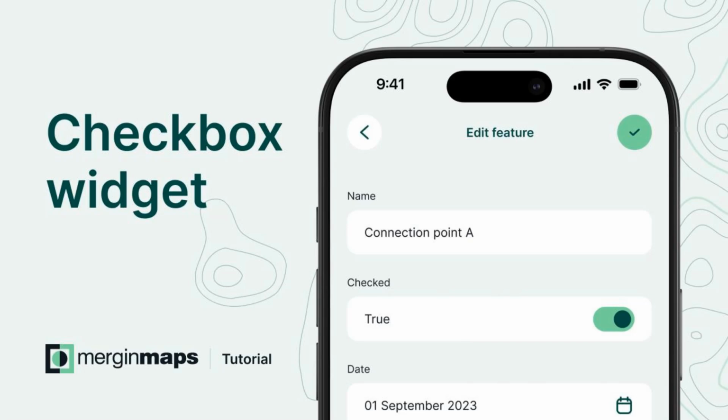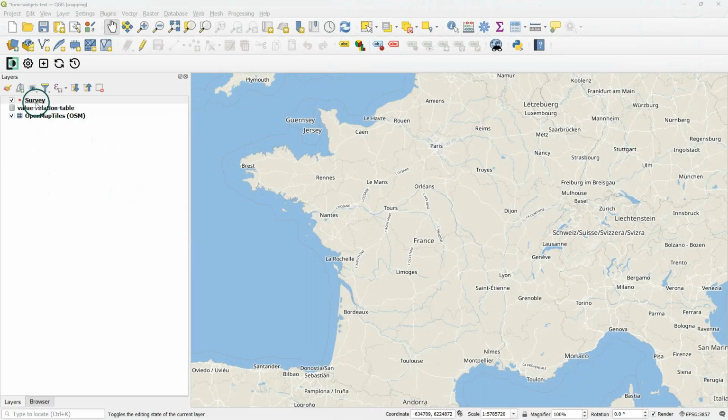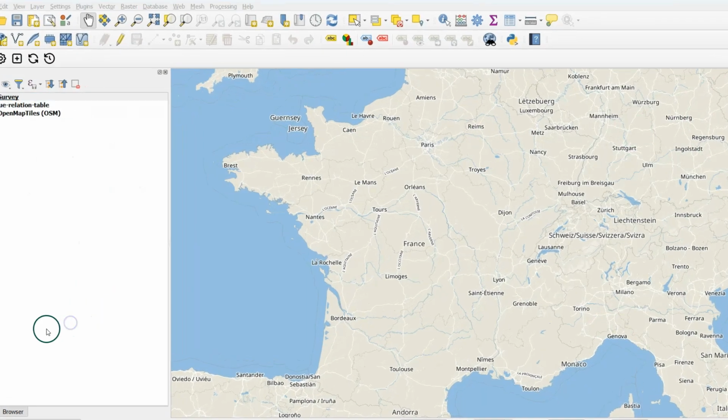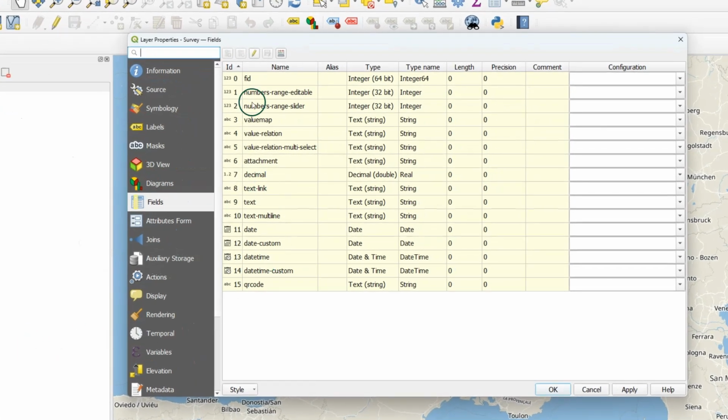In this video, we'll explore the checkbox widget. A checkbox becomes handy when you want to set up a yes, no, true, false or on-off toggle in your field in Mergin Maps. Let's first create the fields in the attribute table for which we want to use the